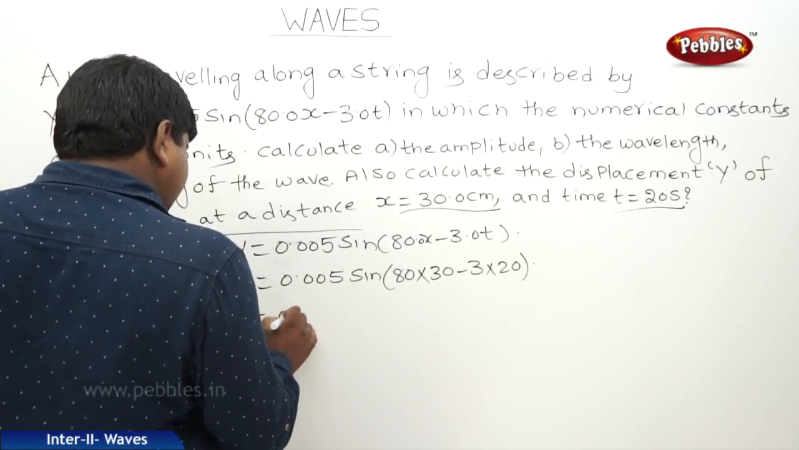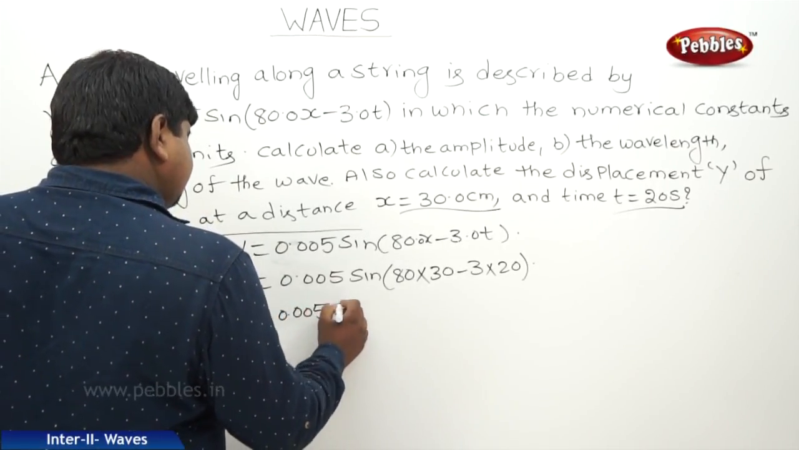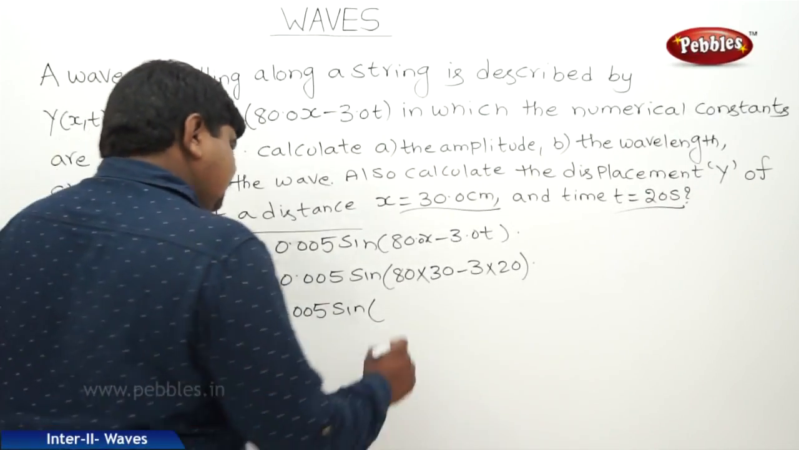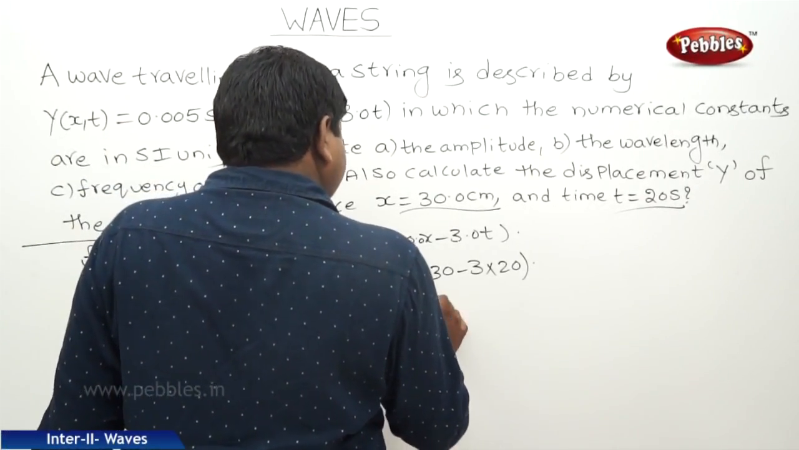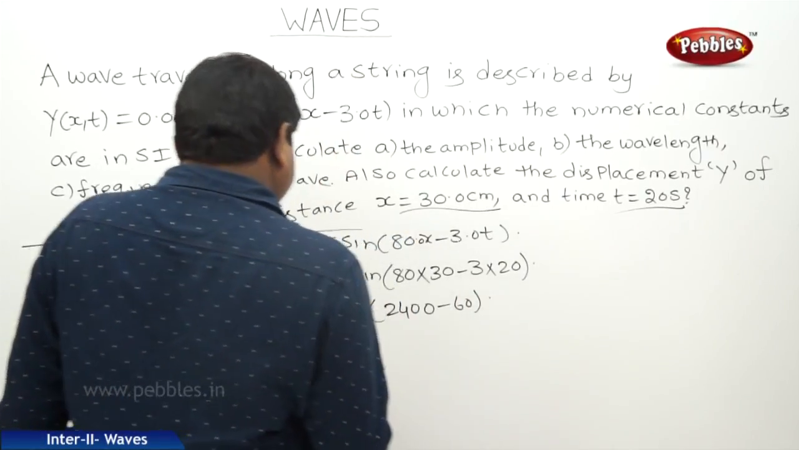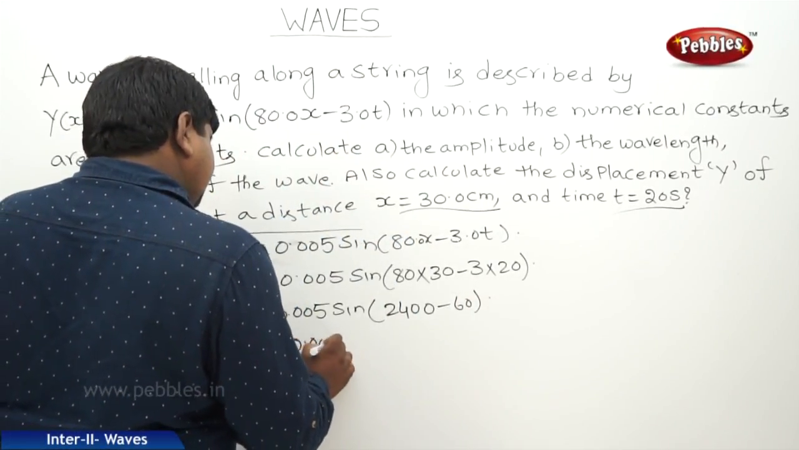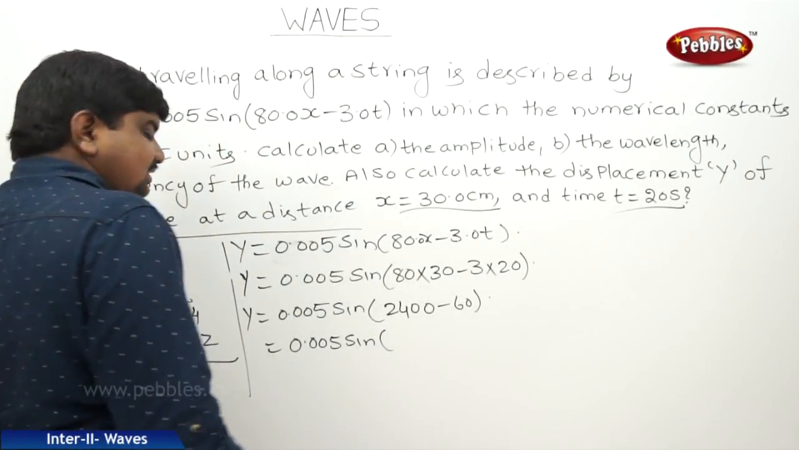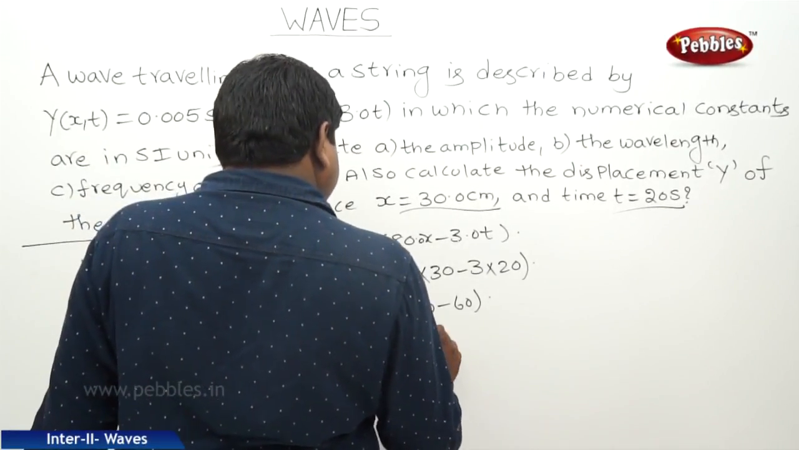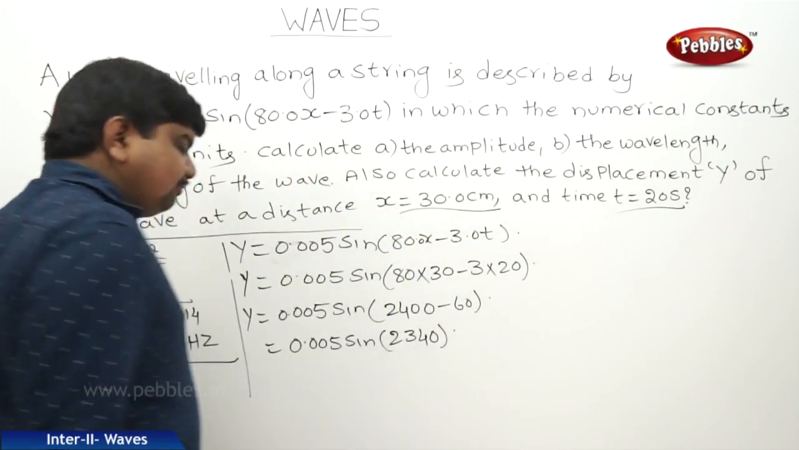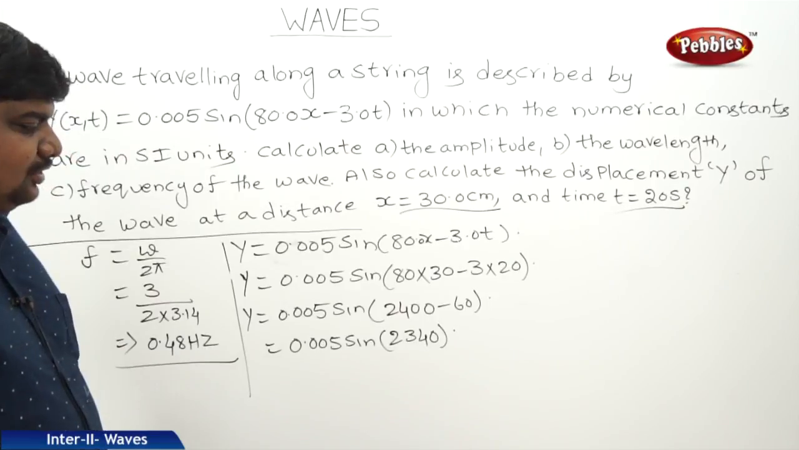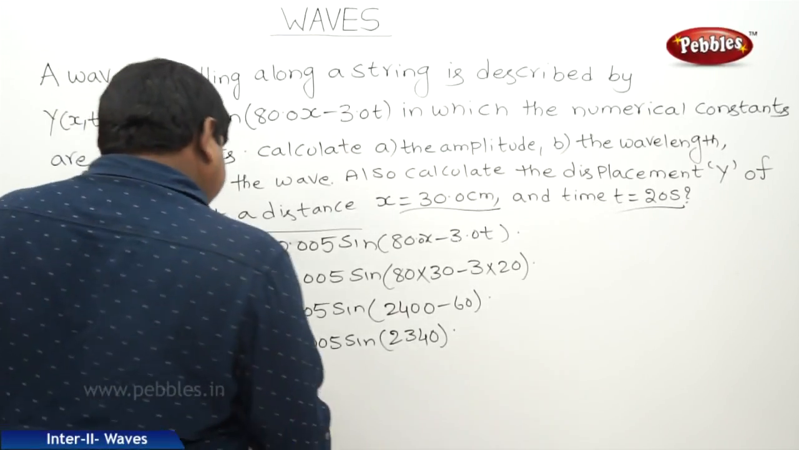Therefore, y is equal to 0.005 sine 80 into 30, 2400 minus 60. So therefore, it is 0.005 into sine 2400 minus 60, 2340. So this 2340 can be written as